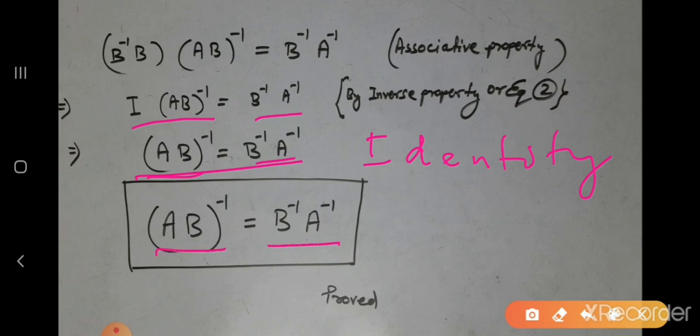So you see the first matrix here becomes the second matrix, and the second matrix becomes the first matrix. This is important. In CBSE sometimes A and B are given as two example matrices, and then you have to prove this; this type of question may come in your examination.